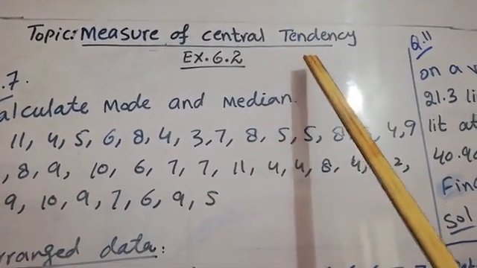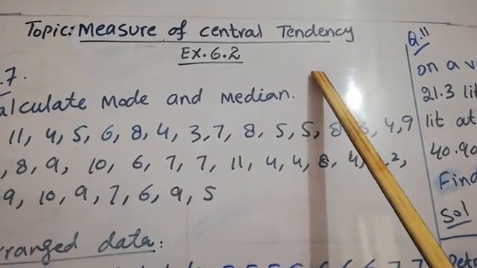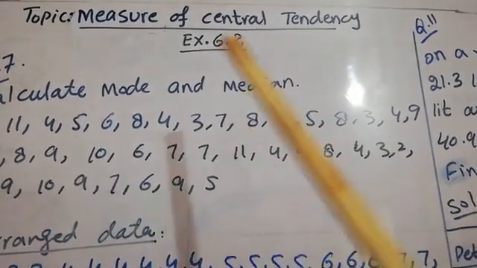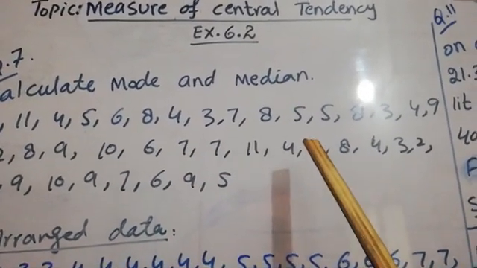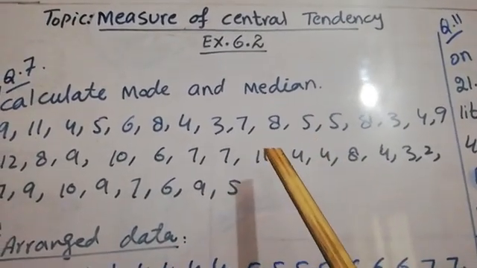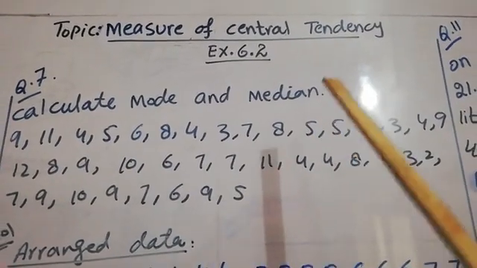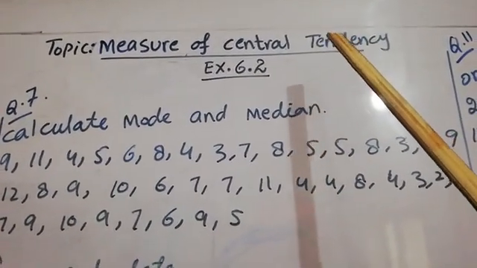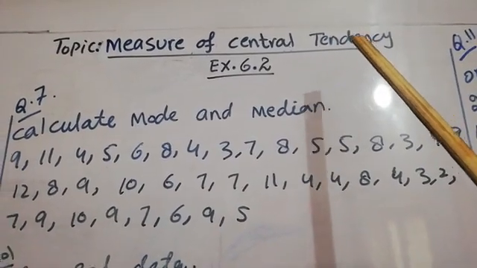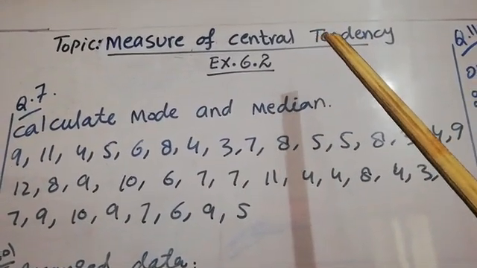Central tendency, or central value, is actually the value of the data which is almost the middle of the data, meaning the other values are around this value. This is the average of the data: the middle value, the central value of the data, which represents the other values of the data.